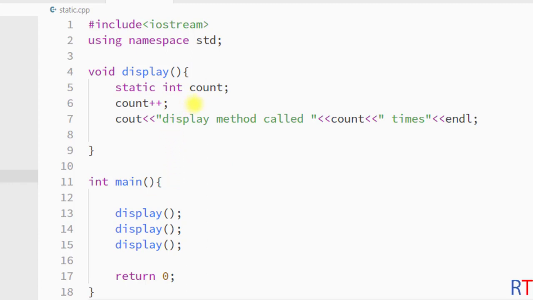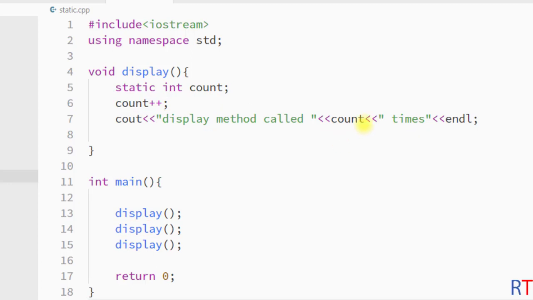And because this is a static variable, it will by default be initialized to 0, and every time we call the display function the static variable will retain its value, and in every call the variable count will be increased by 1, and that way we can have a proper count of the number of times we are calling the display function.